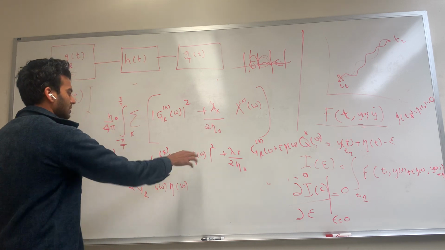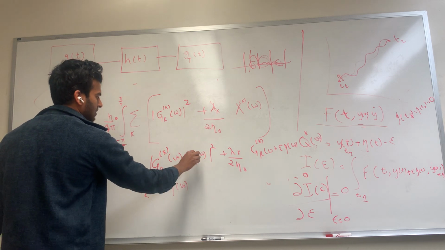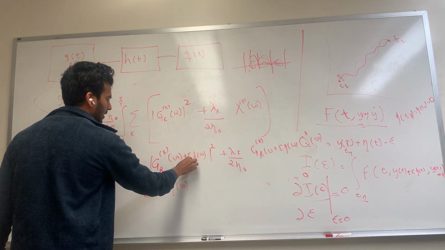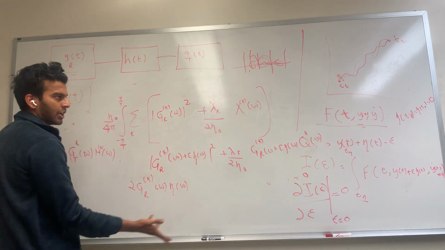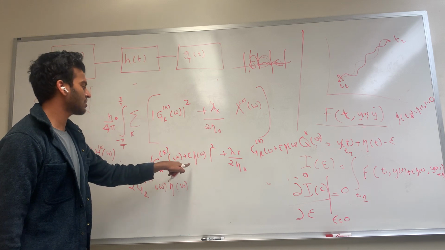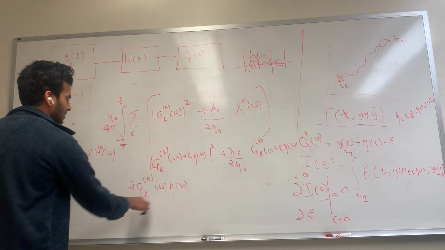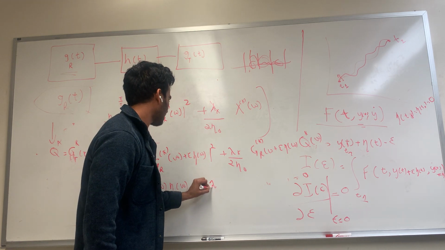So what I did was I differentiated this, so it's 2 times this term plus the eta of omega, because you differentiate this inner term, chain rule. And then for the first term, we substitute epsilon equal to 0, so we just get this. And for the next term, lambda k